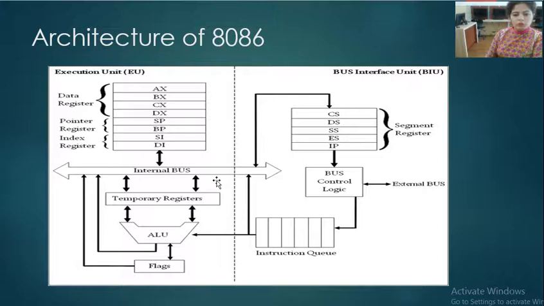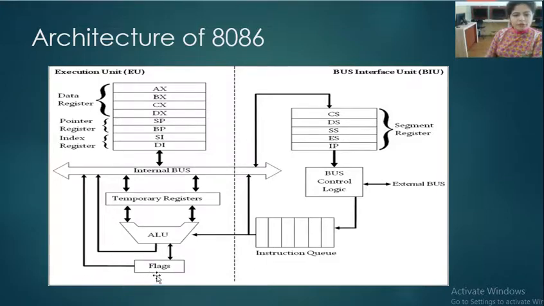I have already told you in the previous video that data travels on the internal bus. When the ALU performs a calculation, the flags are updated according to the ALU, and the result will be transferred to the BIU through this internal bus. ALU transfers the results to the internal bus and the internal bus provides data to the BIU, and the value of the flags will also be updated on the internal bus, and the BIU can also check the status of all the flags.